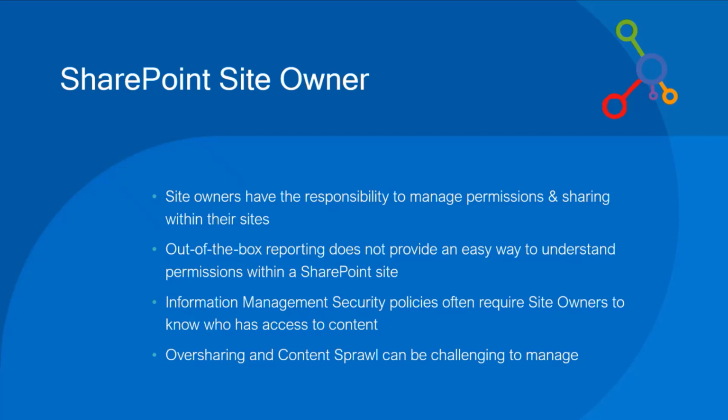So they may be sharing them externally, or just sharing with them internally as well. And there could be some direct permissions that are set on some of that content also. So you can use SharePoint, of course, to be able to report and manage the permissions. Some of the challenges that you will find there, one of them